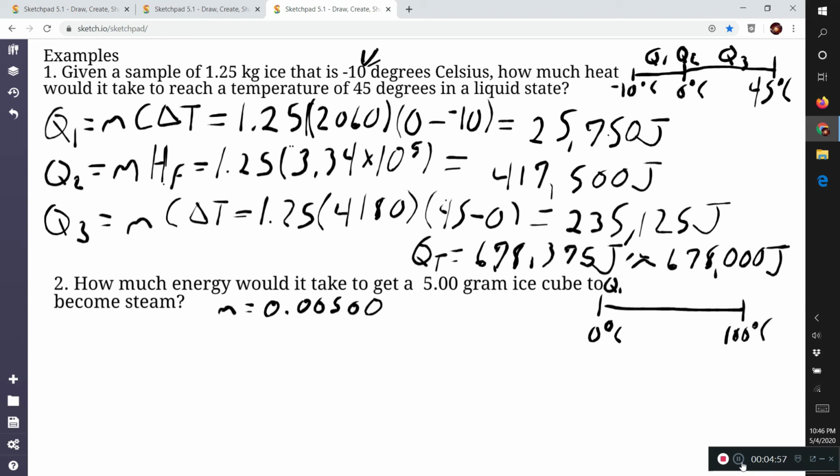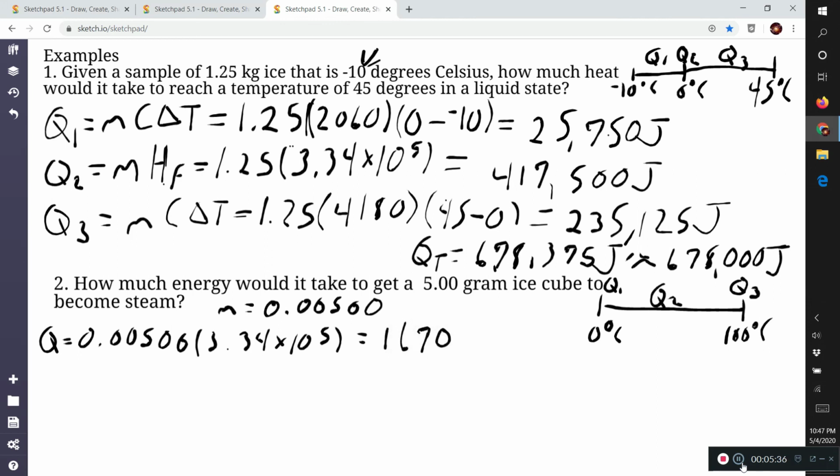Q1 is to break from the ice to the liquid. Then Q2 is going to be the heating up of the liquid from 0 to 100. And then Q3 is going to be the vaporization. So Q1 is equal to the mass times our heat of fusion. Now the heat of fusion is the same one we used before, 3.34 times 10 to the 5th, and we will get